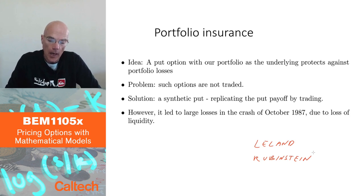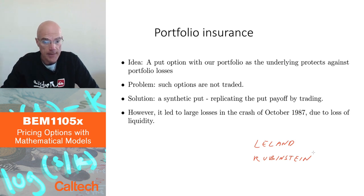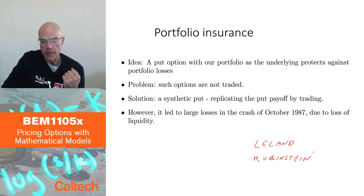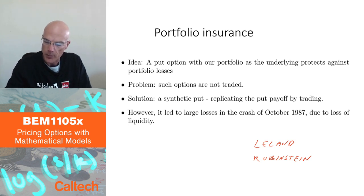And that actually they used, and many companies started using this in the 80s. And for a while it was working relatively well. It became very popular. But then what happened was a crash of the market in October 1987. And what happened to these strategies of replicating a put option? By the way, it's called a synthetic put when you are doing this, replicating a put option by trading in the underlying asset. What happened is,